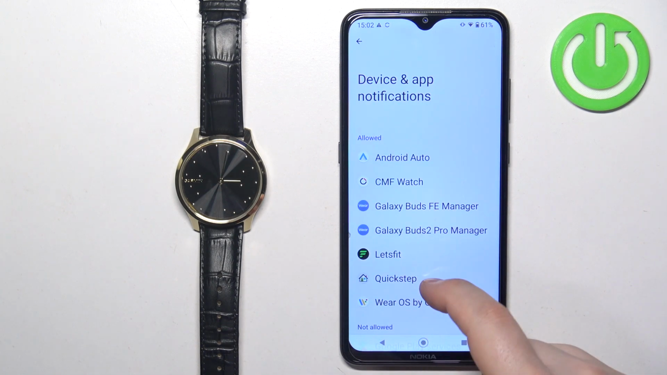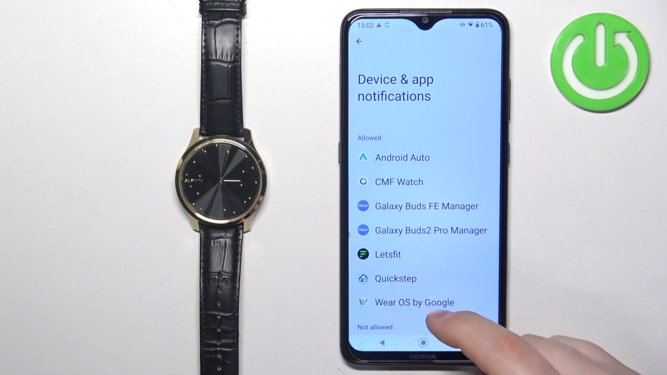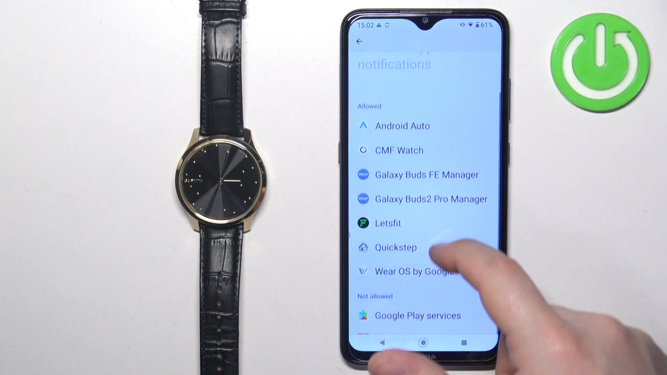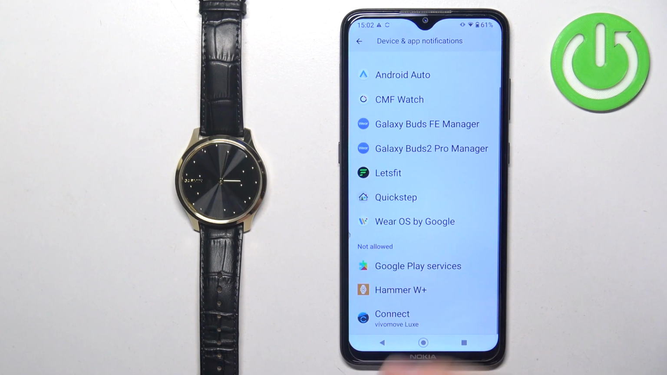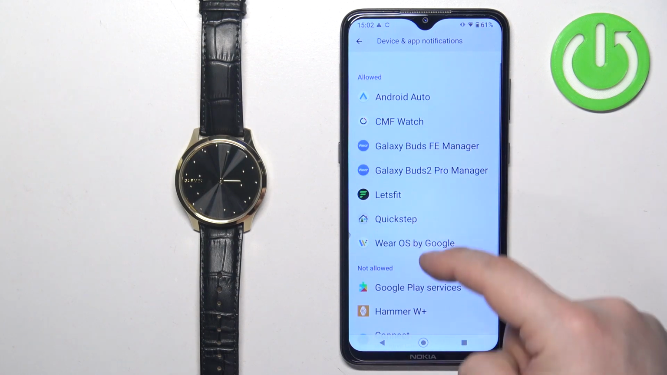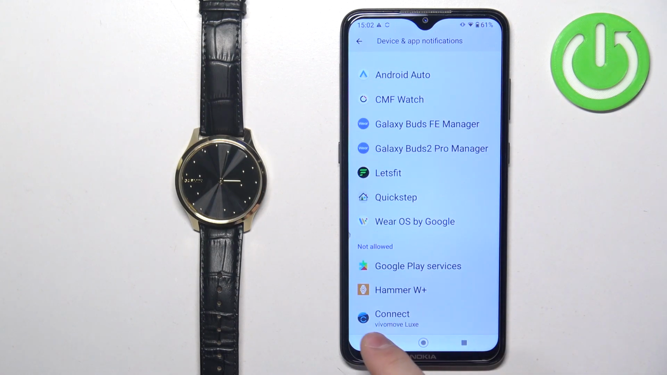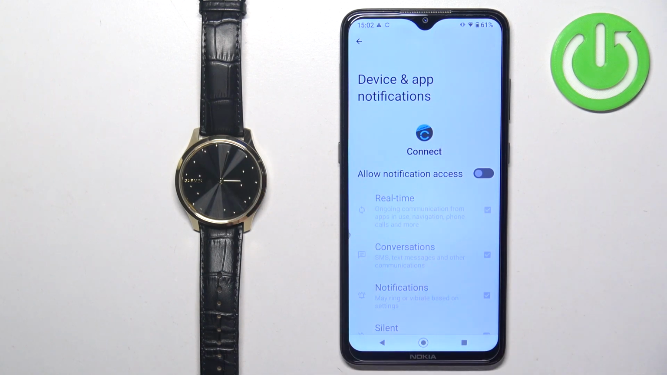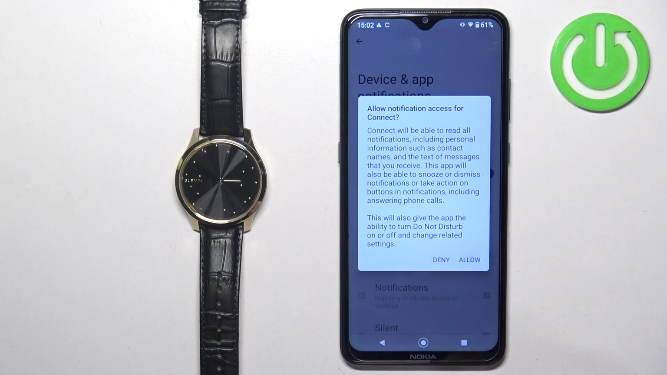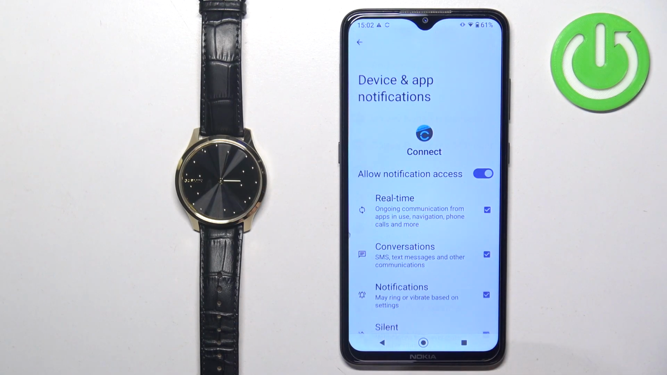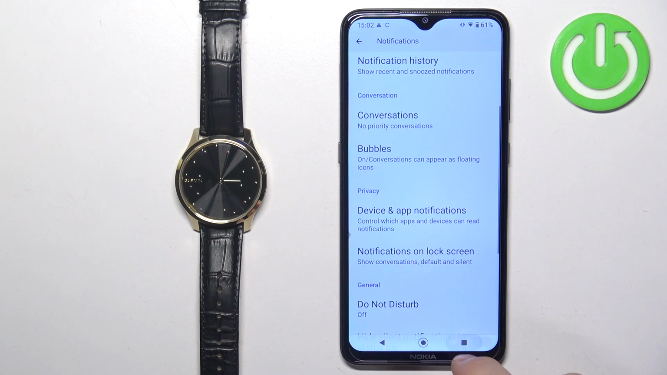Garmin Connect. So once you open the device and app notifications, you will see the list of apps that are allowed and the not allowed. And as you can see, we have the Connect app right here. We need to tap on it, and we have allow notification access. Tap on the switch, tap on allow, and once you allow the notification access, you can go back and open